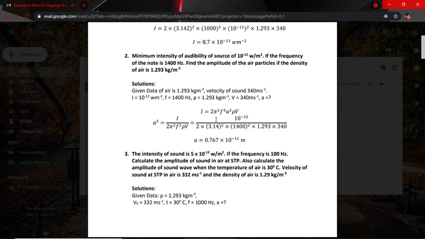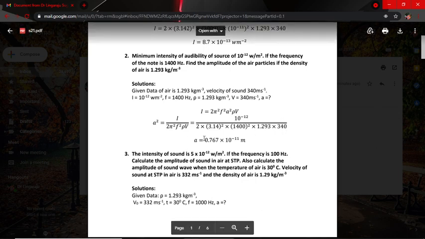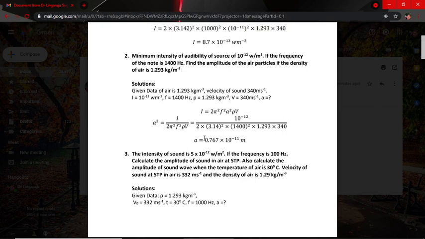After calculating all these things using a scientific calculator, directly in one step we get the answer, which is 0.767 into the power of minus 11 meter. It is the amplitude of the given